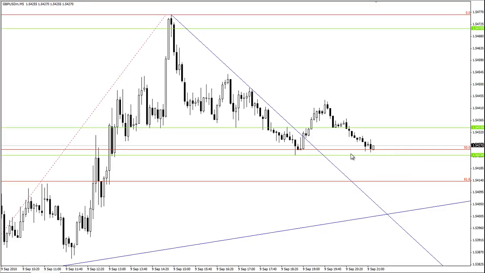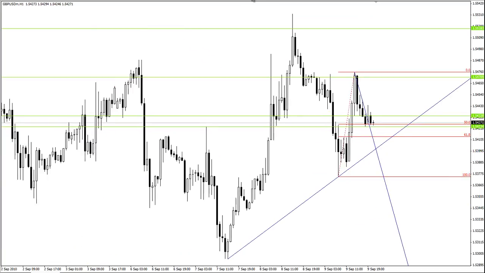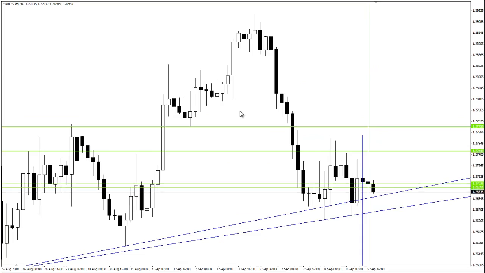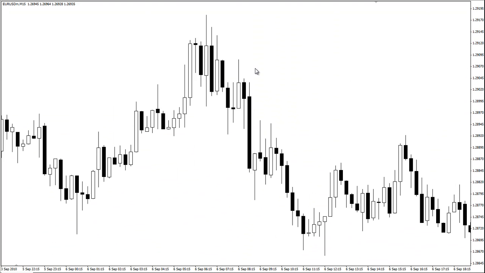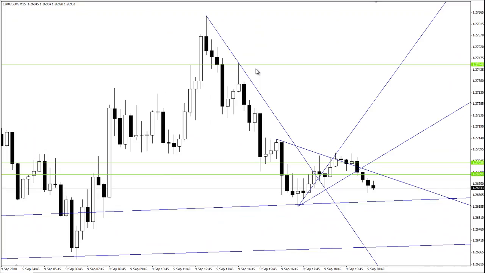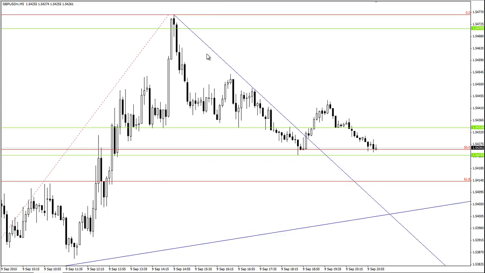kind of hanging out here, and if we do manage to break it lower, I'll be out of this trade also for a loss. Which kind of makes me think, all right, maybe it's not the best type of trade, because again, technically the setup is there. So we'll have to take a look and see how that pans out. And again, if the zero does work out, then I guess we can assume that we just need a little bit wider stops during this time frame. But other than that, we'll have to let it pan out a little bit, and I'm holding this pound until the market tells me I am wrong.